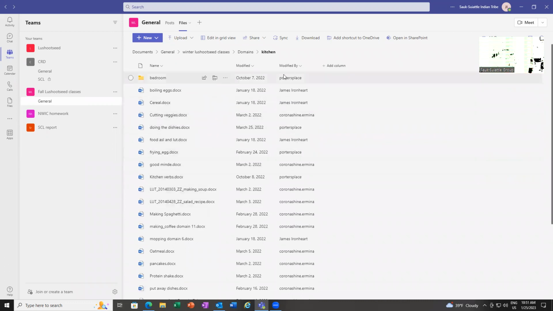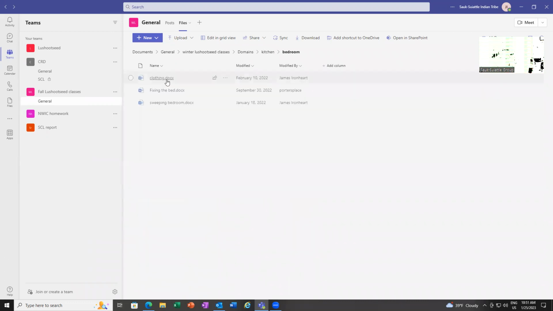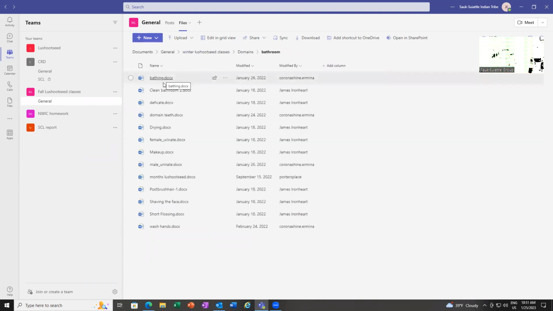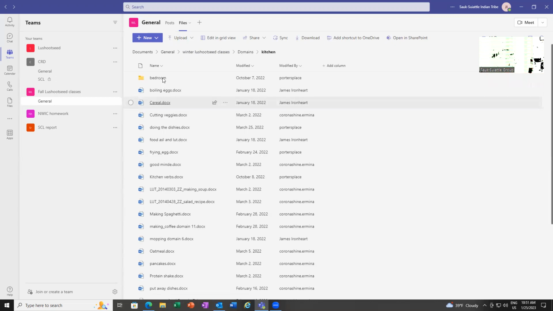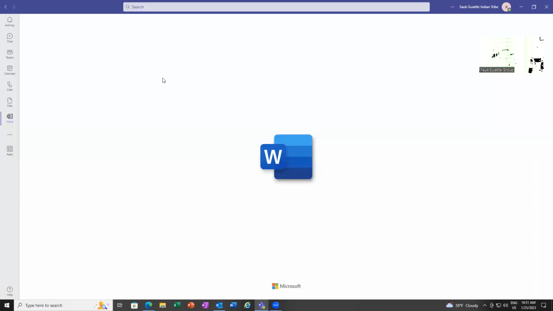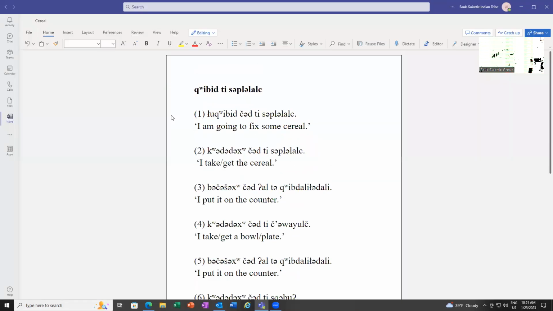Yeah, I don't know why bedroom came in here again. That's fine. Then we go into like the bathroom, cleaning, brushing teeth, a bunch of other things that you can do here. People might have accidentally dropped their information in different spots from where it needs to be. Let's see here if we can click on something randomly. Yeah.